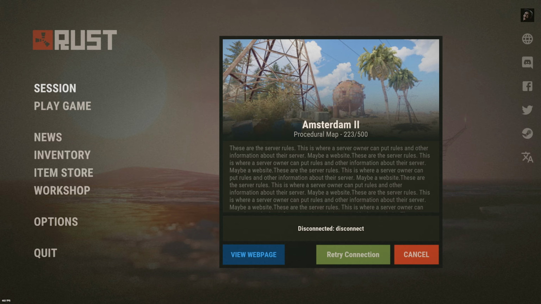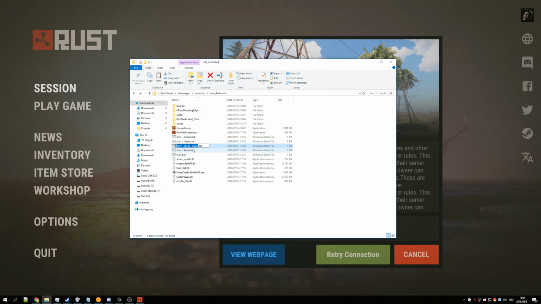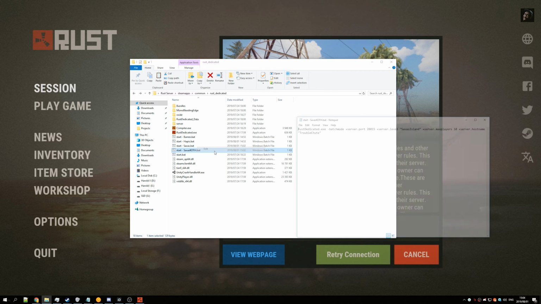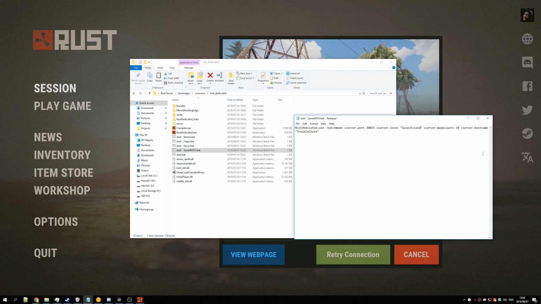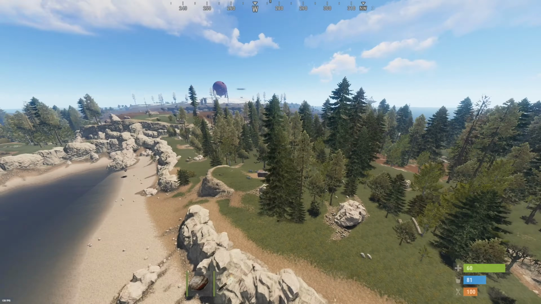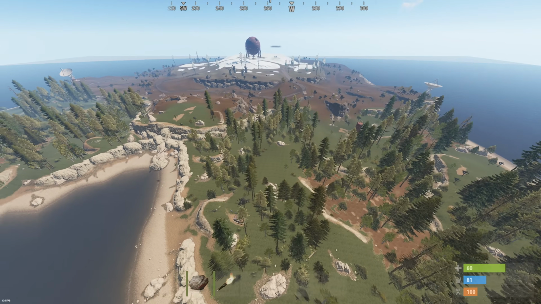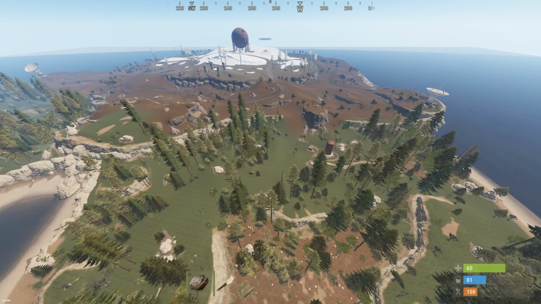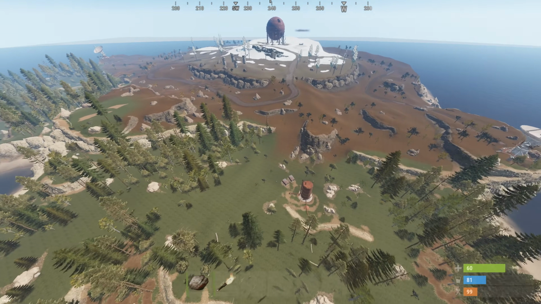Next up, we have SavasIsland, King of the Hill, which is SavasIsland_KOTH. That's what you put in the server.level. It seems to be the exact same map with, I think, a few added cliffs and some other objects, as well as a player pilotable Chinook, which is pretty cool. Other than that, I'm not exactly sure what's different, and I'm not going to take too much time going into